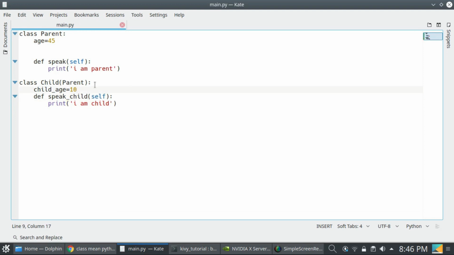So here we have two classes, one is the parent class, one is the child class. So I am inheriting the parent class into the child class.